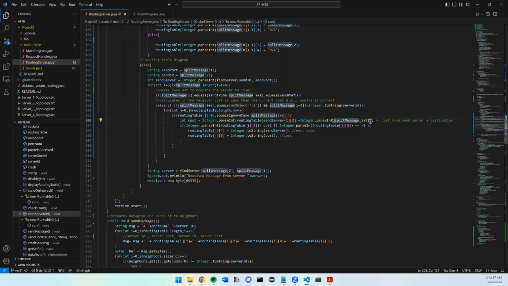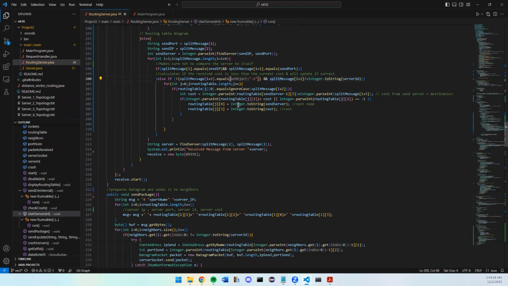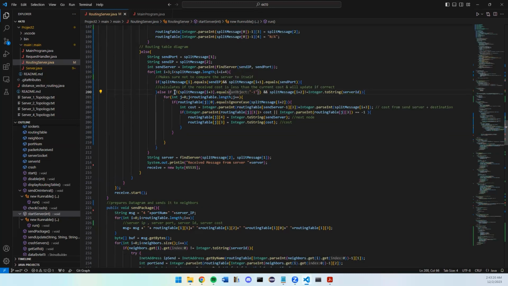And then we also want to make sure that it's not the server that I'm currently. So if server 3 sends me a message and it sends the update for server 1 and I'm server 1, I don't want to care about it because I already know the distance between server 1 and server 3. So if both of those are false, I have them both checked as false. If they're both false, then